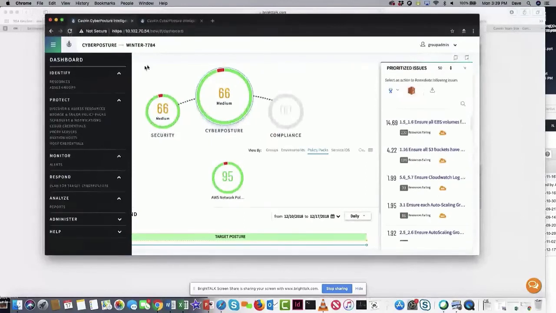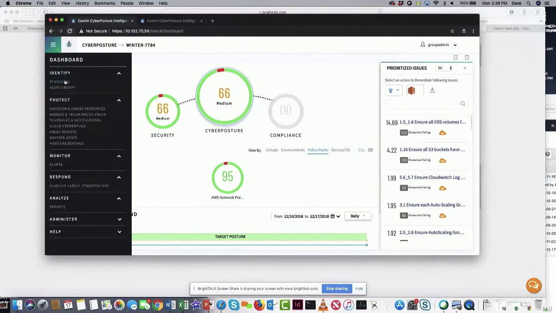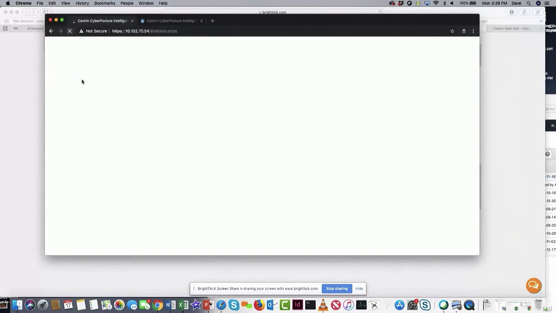Thank you, Basham. What you see here is the Cyber Posture Dashboard. In particular, AWS, which is the environment that we looked at. We created an asset group, and then we assessed against the Network Policy Pack. When we do that, we're going to identify the various resources across our AWS accounts and what their security posture is at a given point in time. So when we move over to the Resources tab,